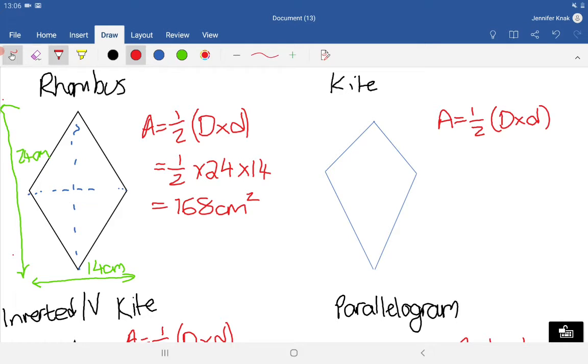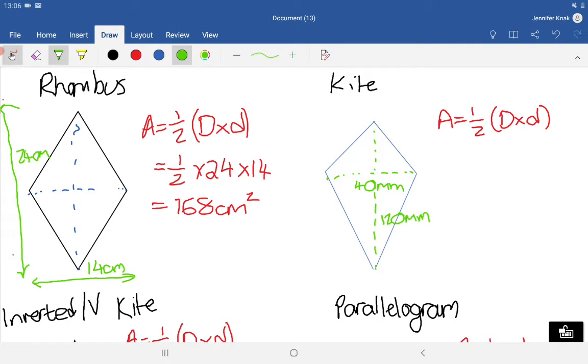Okay, so you'll be practicing that one, just remembering the formula, putting the numbers in the right place, and getting your answer. Let's do the same for the kite. Okay, so this time we've got our diagonal here from side to side. Let's make this 40 millimetres. And then from top to bottom is our other diagonal. Let's make that